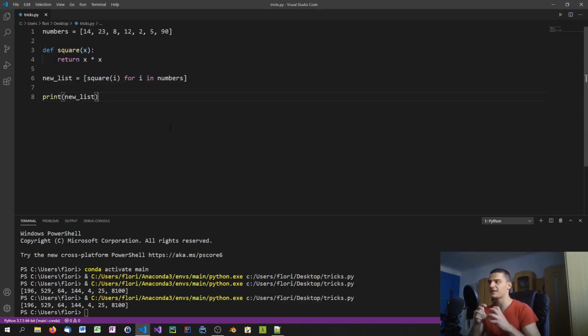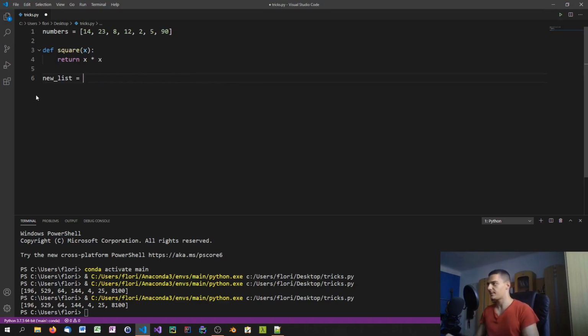Now, the map function is not that much more efficient anymore, because we now have list comprehensions in Python, and the difference between using a list comprehension or a map function is not that big. Back when we didn't have list comprehensions, the map function was very important because it made the code look much cleaner. But now it's essentially still a one-liner, but it looks a little bit cleaner than list comprehensions in this case,